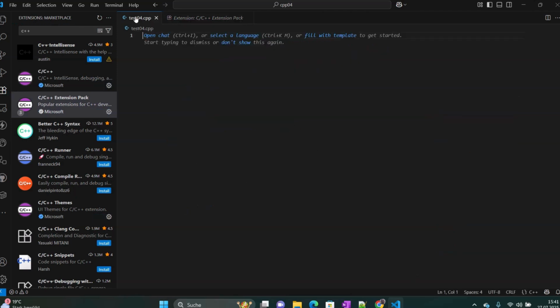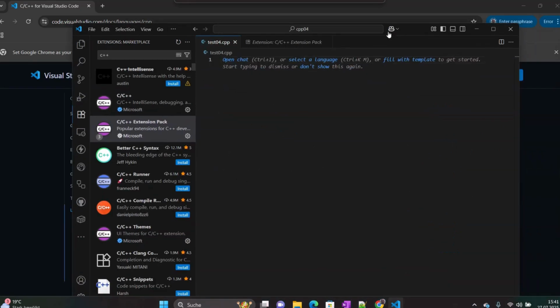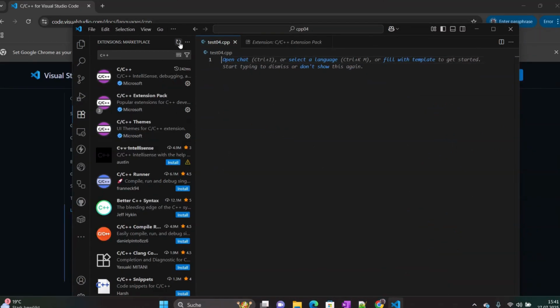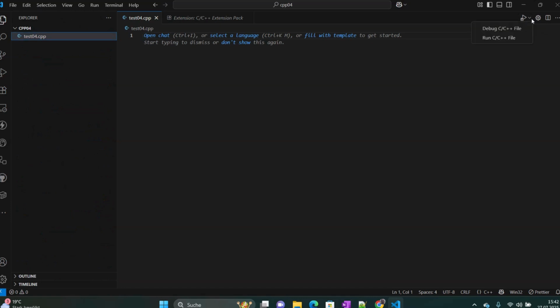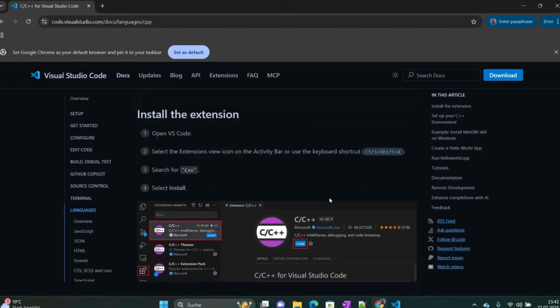Okay, once it is installed, we can reload it. Once reloaded, you can see that a new icon just appeared here for a C++ file. It allows us to debug and run, so we can debug and run our applications from here. Then the next thing that we have to do is follow our tutorial